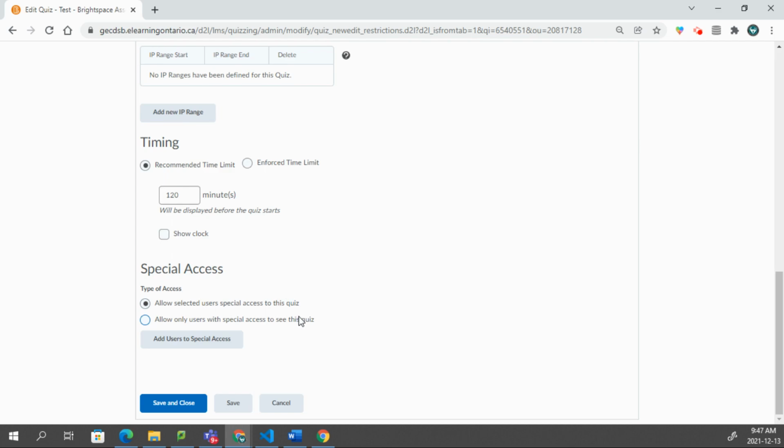quiz. So depending on how it goes, if it's still within the availability time, yet you select allow only users with special access to this quiz, only the special access are going to see it. But if it's after the availability, nobody's going to be able to see it anyway. So we're going to allow selected users with special access or only users. It's going to do the same thing because they're the only ones who are going to see it anyway. So if it's after the date though, and you want certain users only to see the quiz, it's safer just